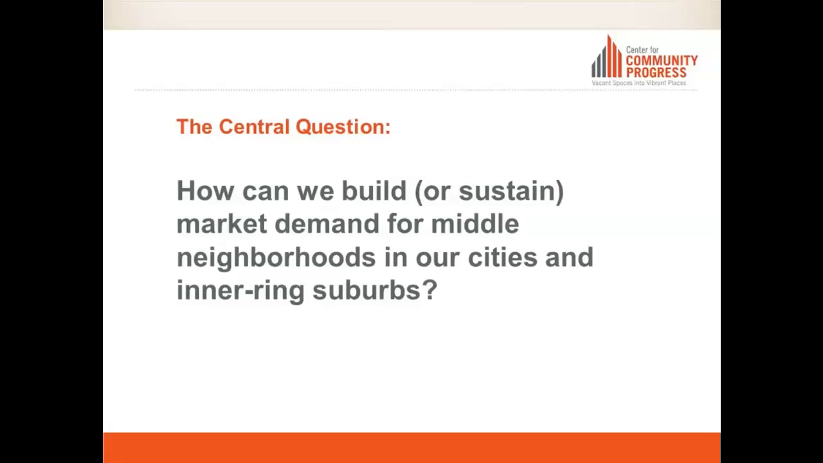Here's another one. This is an interesting one. Will the trend towards reurbanization continue and help create more,